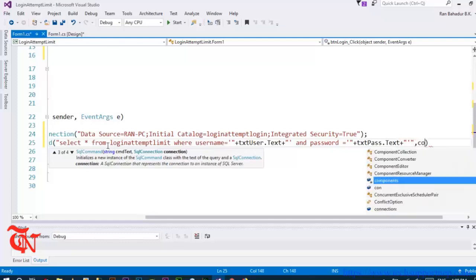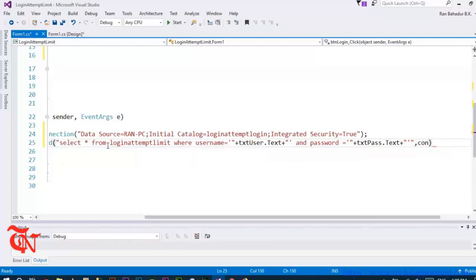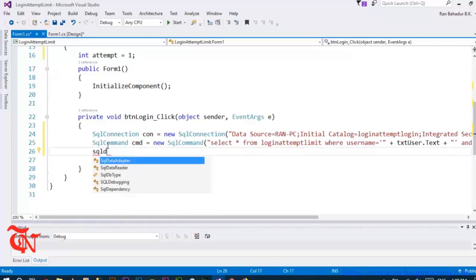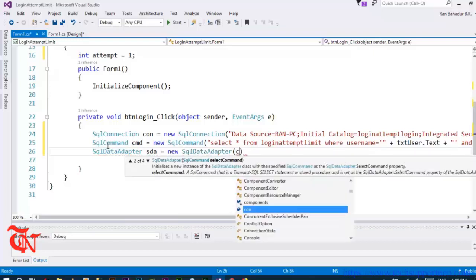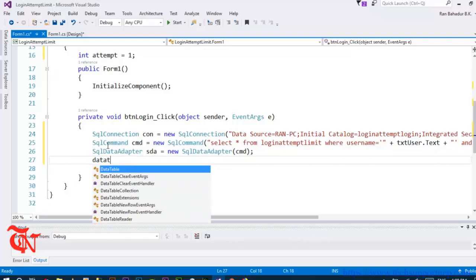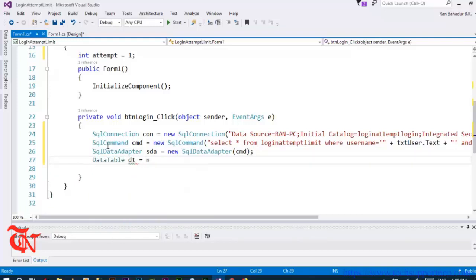here connection. Now we need the SQL data adapter. It acts as the adapter between our application and the database. SQL data adapter SDA is equal to new SQL data adapter. Here goes CMD as the parameter, and we need to read the database content. So data table dt is equal to new